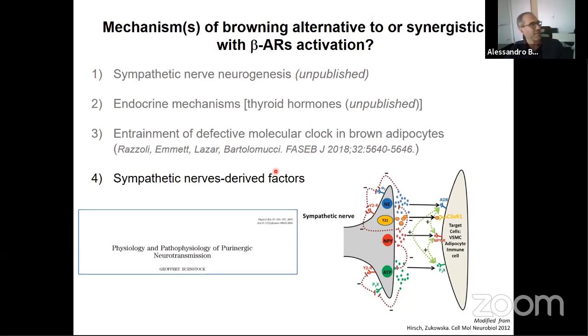But one story that I want to tell you today has to do with one of those factors that we investigated the most. That is this idea that sympathetic nerves are not just secreting norepinephrine. Sympathetic nerves secrete a number of molecules. So forget about this idea of sympathetic norepinephrine. That's only part of the story. Sympathetic nerves produce NPY, they produce ATP, secrete, sorry, not produce, ATP, as well as this TLQP-21 that we are investigating. And really, Geoffrey Burnstock is the person that comes to mind, speaking of sympathetic co-transmission.